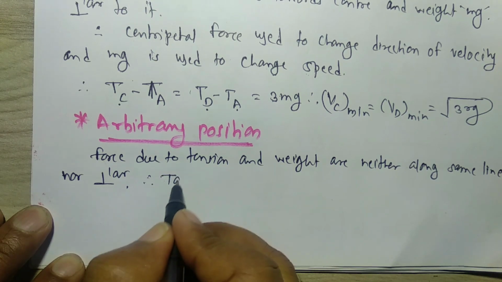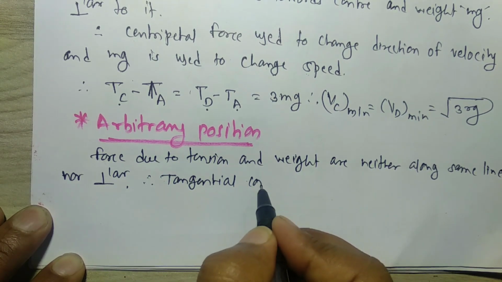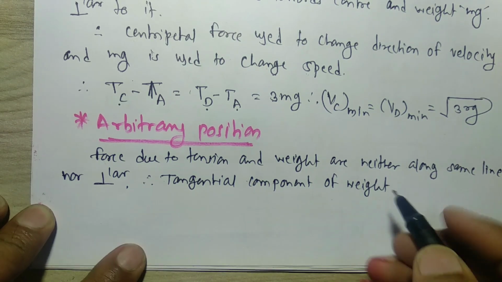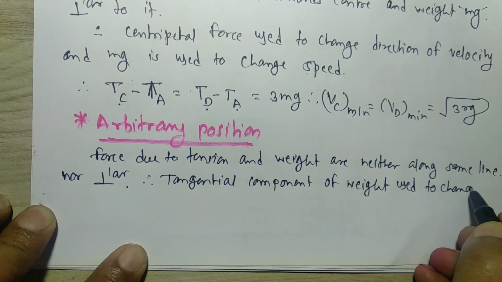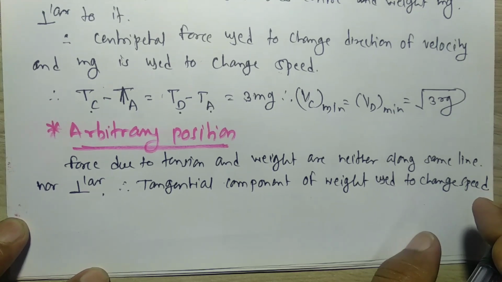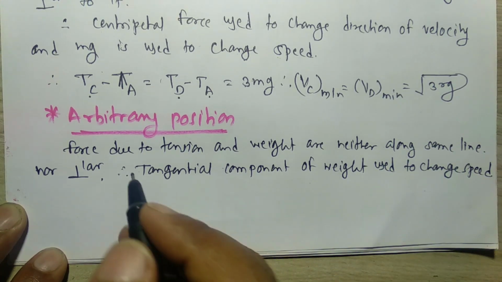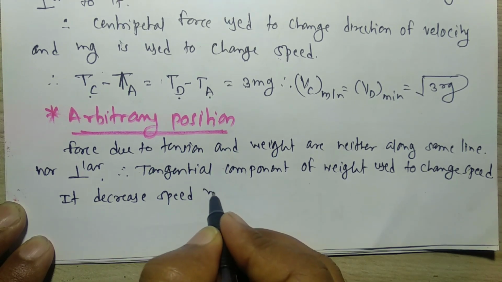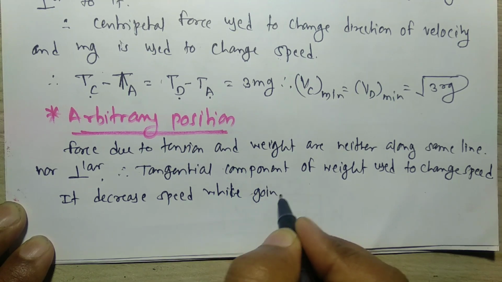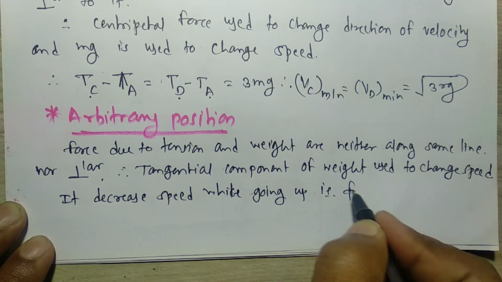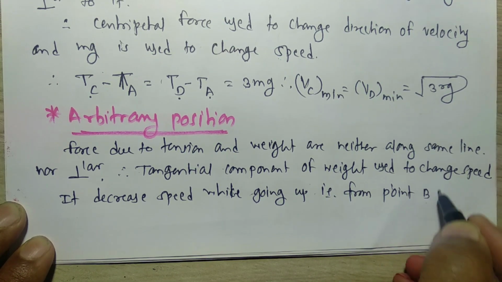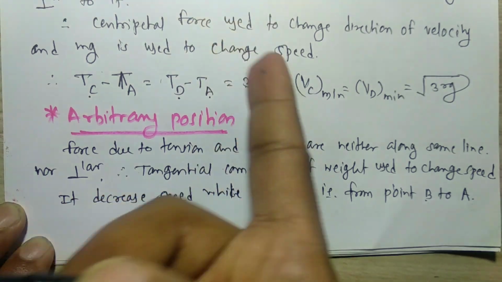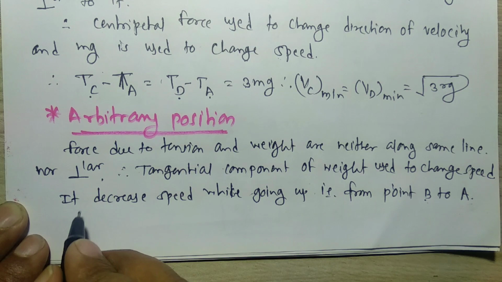Therefore the tangential component of weight is used to change speed, and it decreases speed while going up, that is from point B to A. That means from the lower point to the upper point, the speed decreases. That means it is decelerated, it is retarded. It is nothing but retardation,